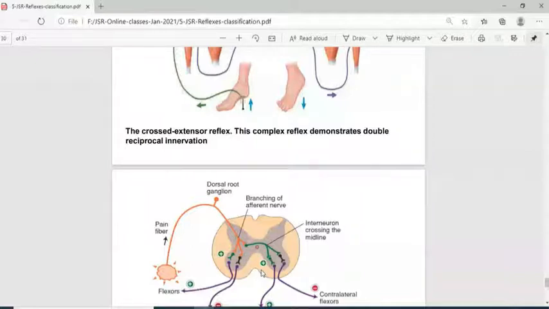Okay, so this is what is known as deep reflex. The receptor of this reflex is the muscle spindle. It is not the tendon. Its name is tendon reflex or deep tendon reflex or muscle stretch reflex or monosynaptic reflex or myotatic reflex. But where is the receptor? The receptor is in the muscle spindle.